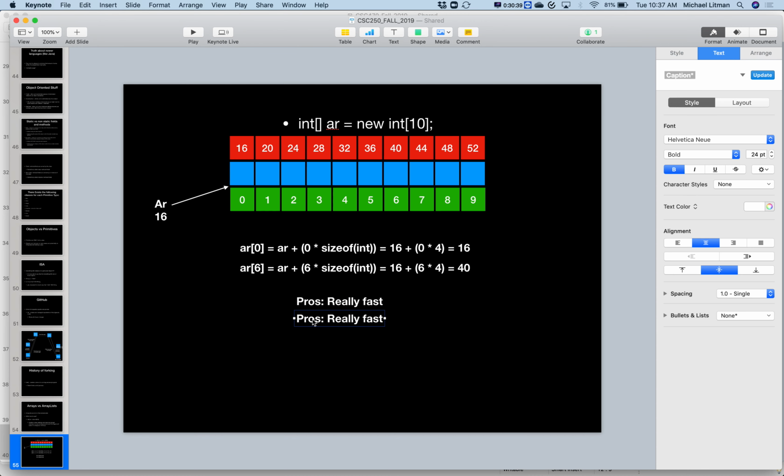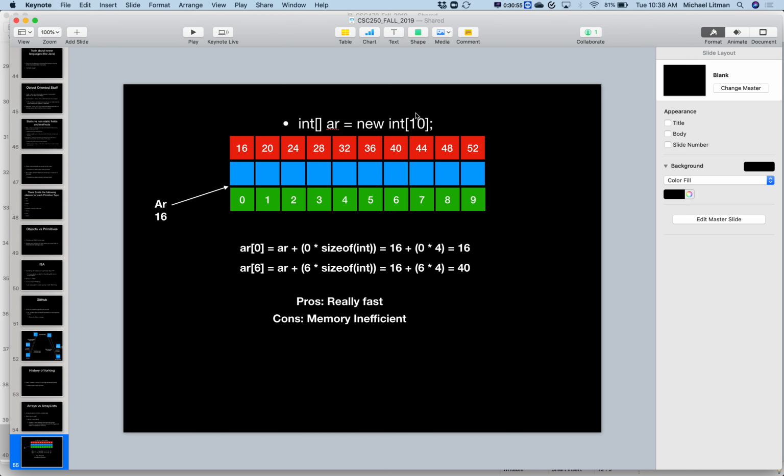Cons. What's wrong with arrays? It's very difficult to add memory. So these guys are really fast, and they are memory inefficient. I have to know exactly how many elements I'm working with here. So I'm saying build me a bucket, get me a container from Target that can hold 10 integers. Now I could choose to put less than 10 things in there, and I'm just being a little wasteful. I didn't fill the bucket to the brim. Okay? But if I need to hold 11 or 12 things,